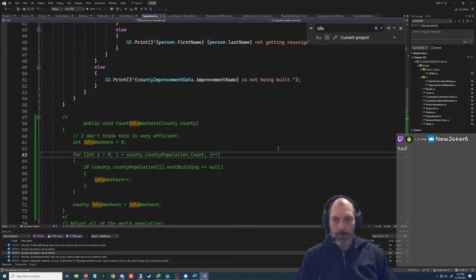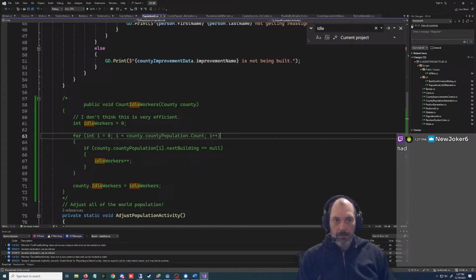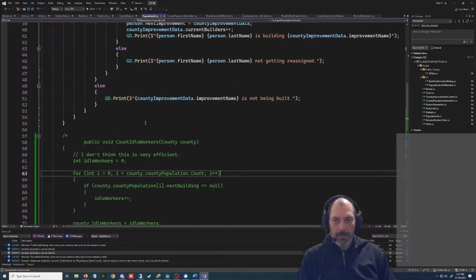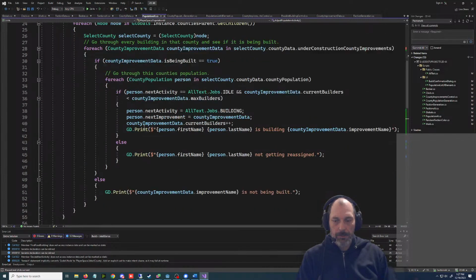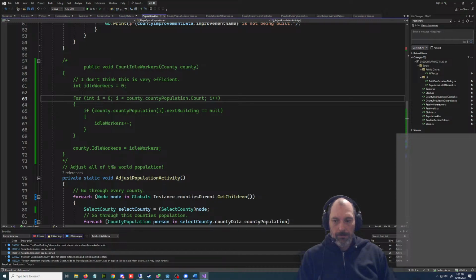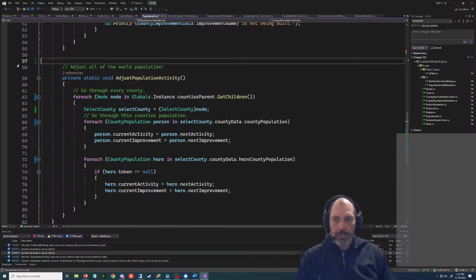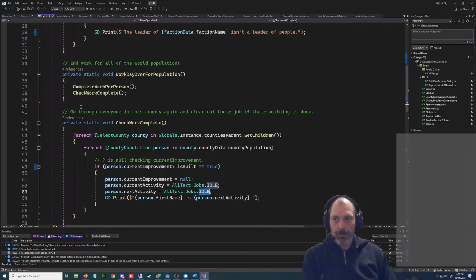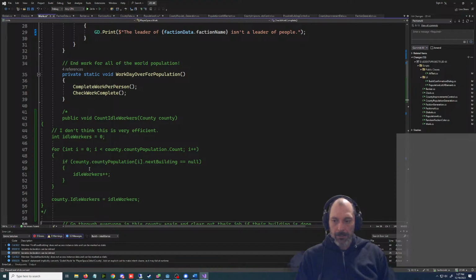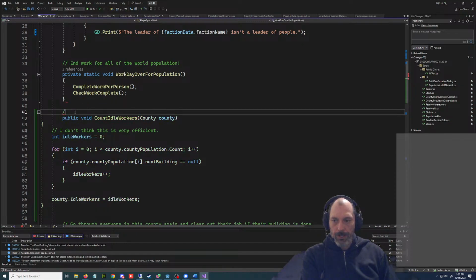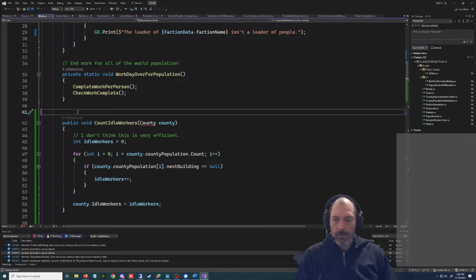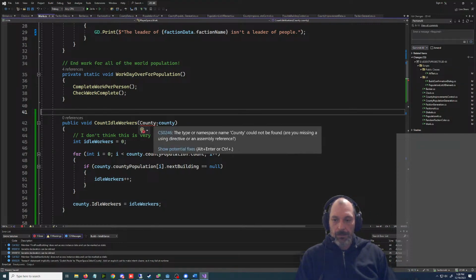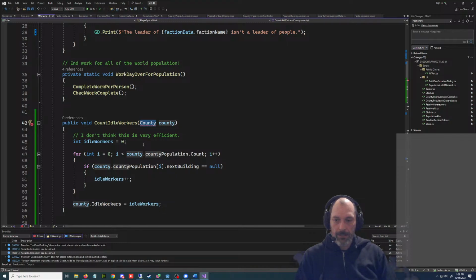Where did I put this? This is in the population AI. Okay, so I was going to have this thing count. I'm going to put this back under work and run it from work, because whether you're idle or not idle is kind of a work thing. I don't think this is very efficient. Oh, I know why I moved it: we'll have to pass in a county data.